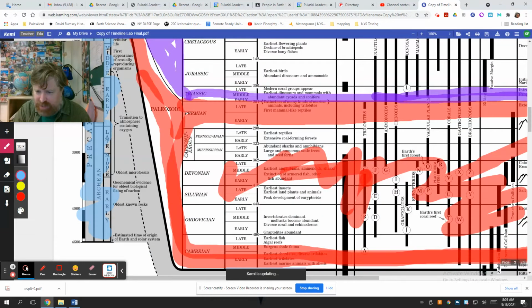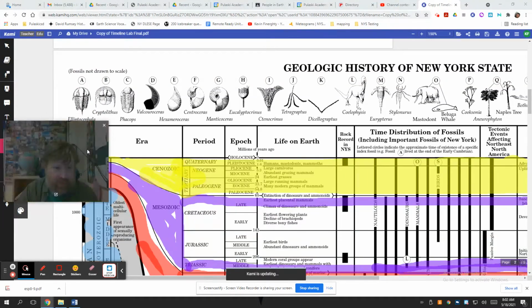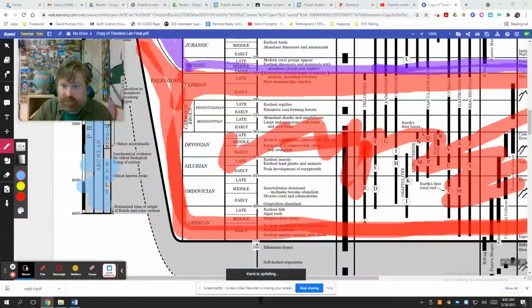Okay, trilobites are this black line. They evolved here. They went extinct here at the Permo-Triassic mass extinction. A, B, and C are all trilobites. If you want to know what trilobites look like, they're letters A, B, and C. They're those guys. So there's a question about trilobites, and you would have to then know, okay, they lived in